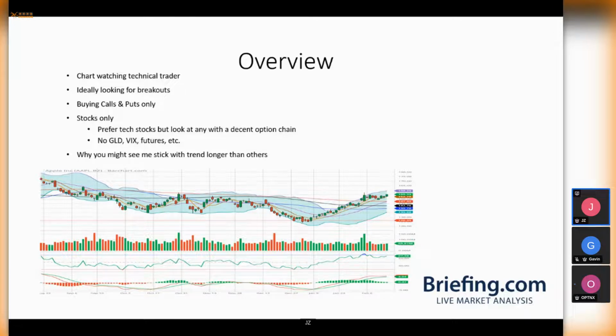admit, as a new trader, I used to get really excited. I'd see a hammer candle on a 5 minute chart, and I'd be like, "Oh, this is going to move. This is going to move." And I learned enough of what a head fake was after trading some of those. So I'll look for more of those types of setups on like a 15 or an hourly chart, and then drill down and see if maybe something's coiling on the 5 minute chart that's maybe ready to make a quick